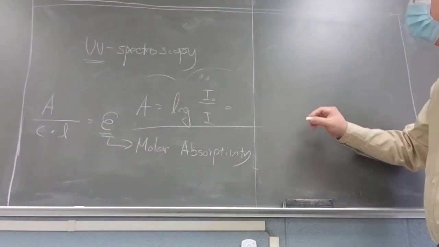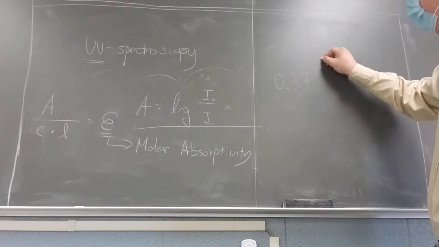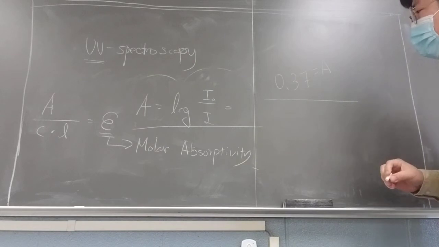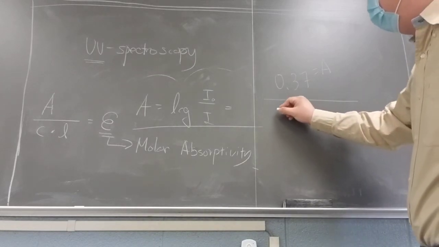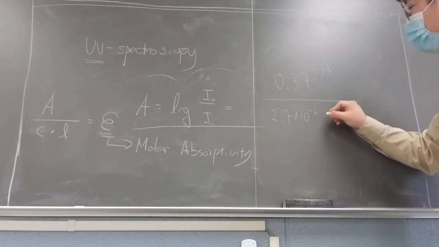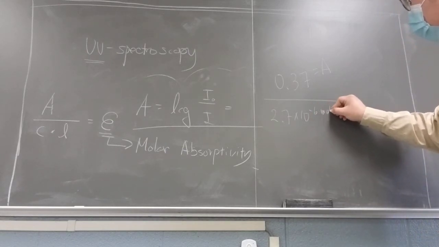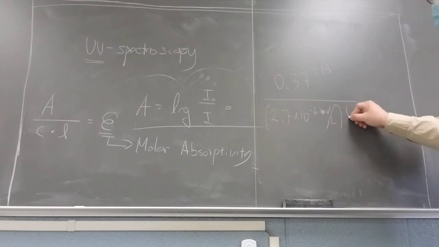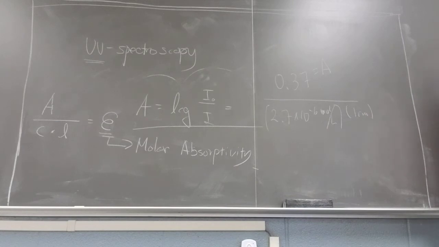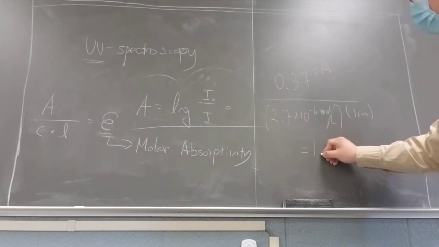If you have 0.37 as the absorbance value you found on the UV spectroscopy, and the concentration is about 2.7 times 10 to the negative 6 molarity, so moles per liter, and you use 1 centimeter path length. If you solve for this, you get about 1.38